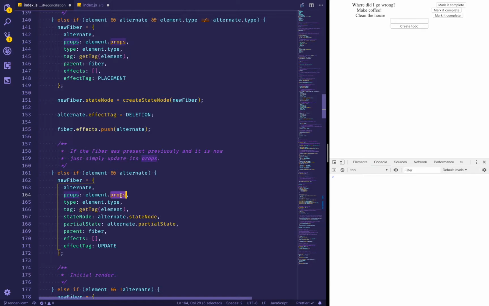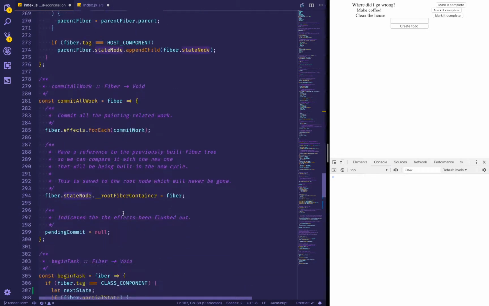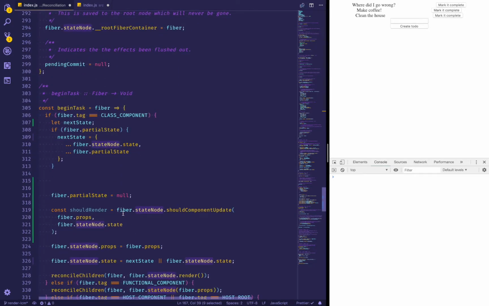Yeah, that might be problematic or not. No, because it's the alternate, the state node, so it has the old props there still, so we're not assigning to it. Okay, so I think it should do fine. So we are putting it to the new props and the new state. No, the new state is nextState,